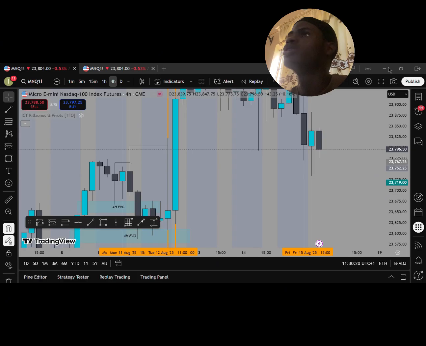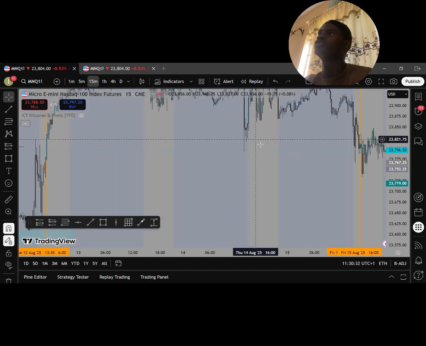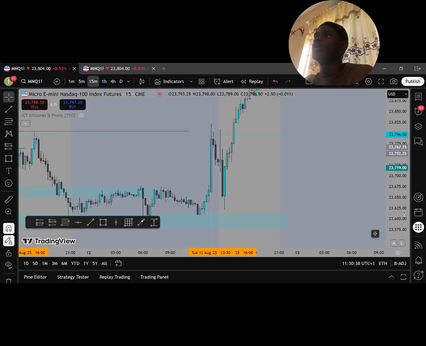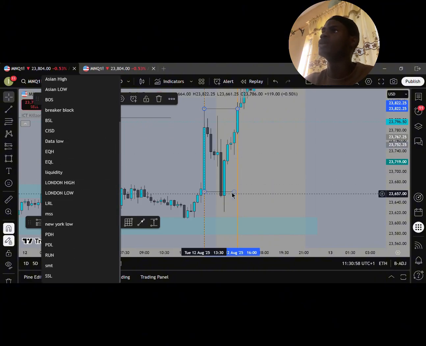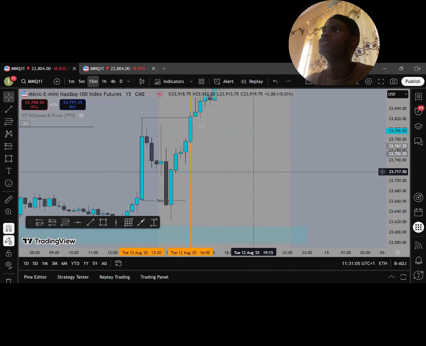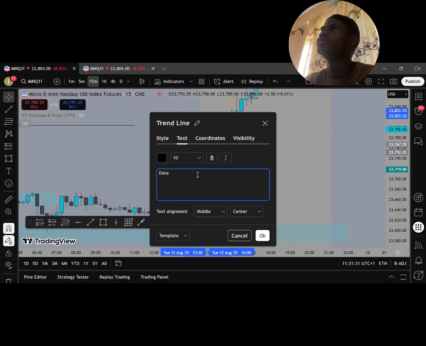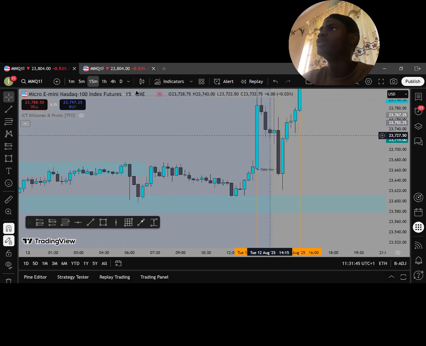The first 50 minutes down that led to this spike was going to be marked as data low and data high. Based on the explanation, every 50-minute candle from CPI, PPI, is always the data low and data high. And basically, what they told me was that price action tends to seek out the high or low of these zones and trade to the next high. So this side we record, let's call it data high. So yeah, this was data high and everything there.